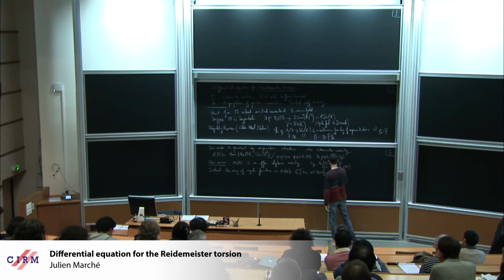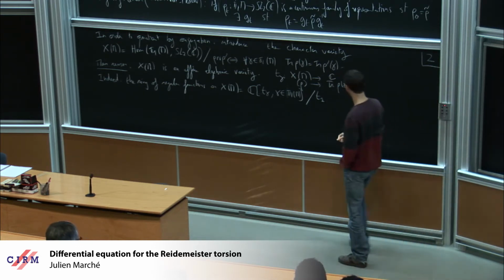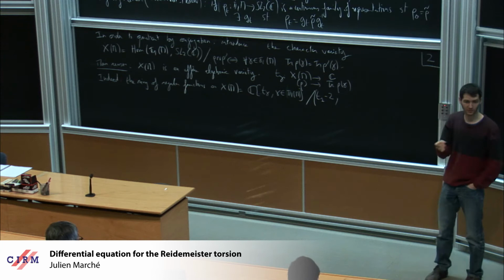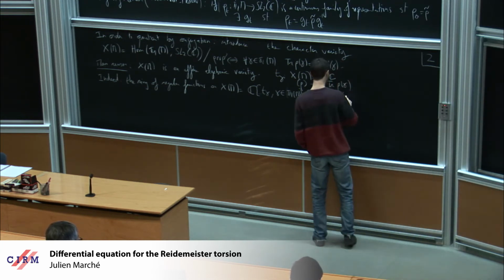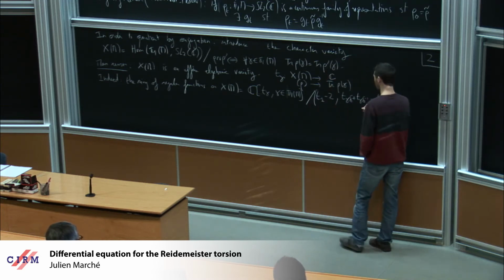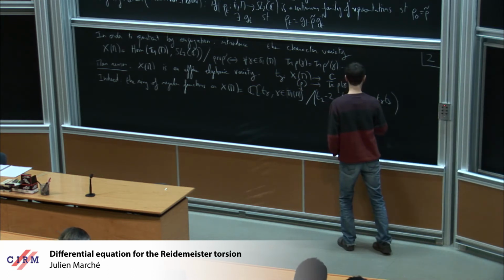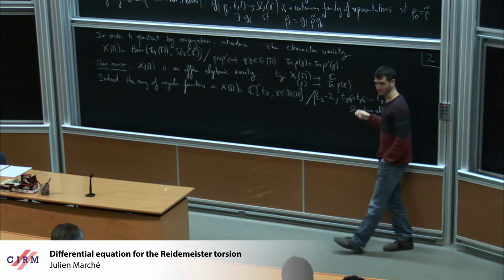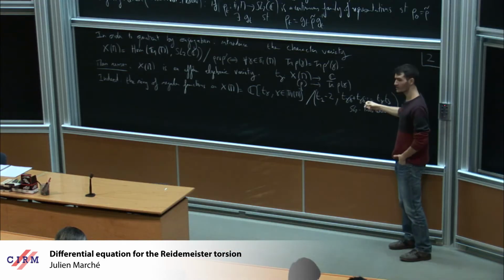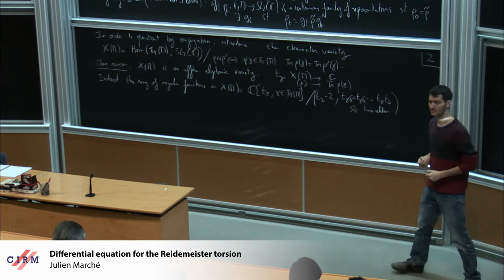So the first one is, if you take the trivial element, T1, the trace of the identity should be equal to 2. So T1 minus 2. And the other one is the famous relation which holds for 2 by 2 matrices, which is the following: T gamma delta plus T gamma delta inverse is equal to T gamma times T delta. This is called the SL2 trace relation, and it's extremely important in my talk. I really stress that this is the only relation; of course you have to add this in order to define the structure of algebraic variety.